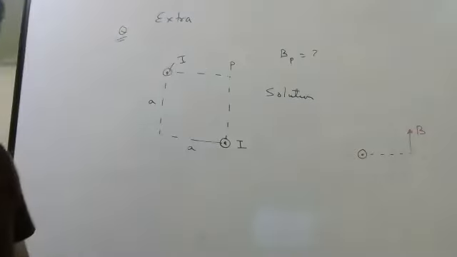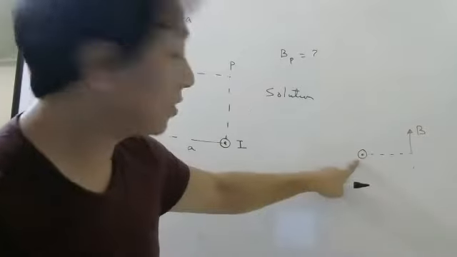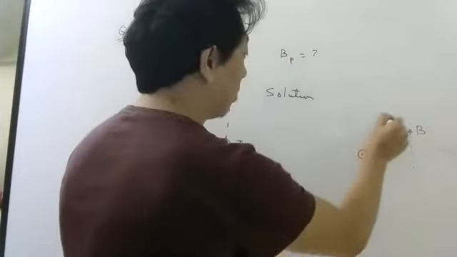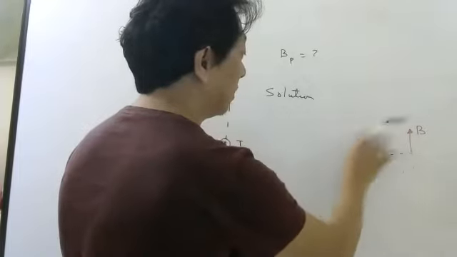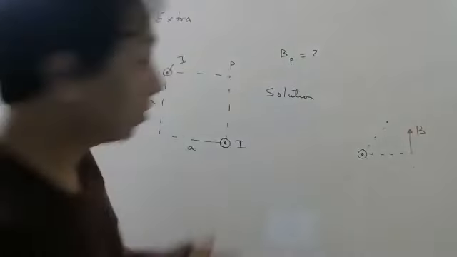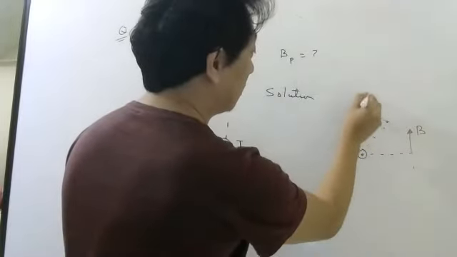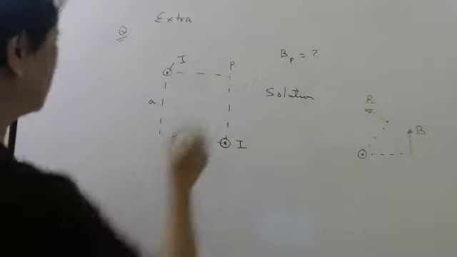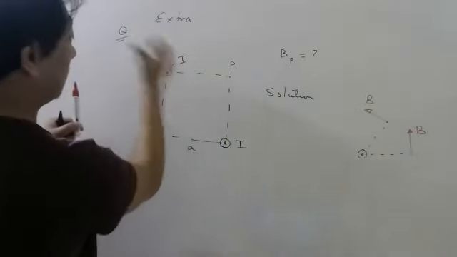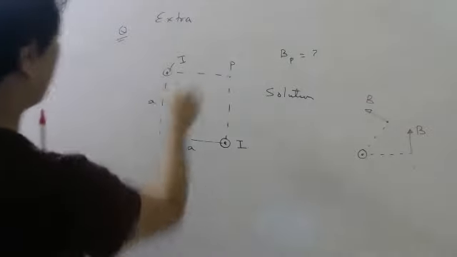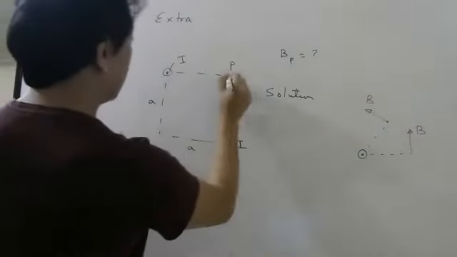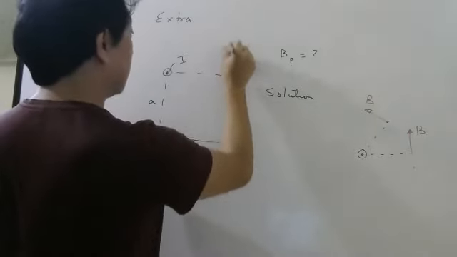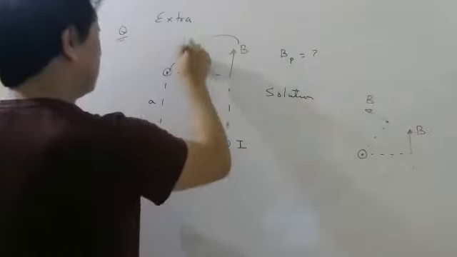So this is how you should find the magnetic field at a point due to a straight wire which is coming out towards you. Suppose I ask at some random point here. First draw the radius, then draw perpendicular to that. This is how you should find the direction of magnetic field due to a straight wire. So at this point, the current is outward, so this is the radius, and the magnetic field will be this way.